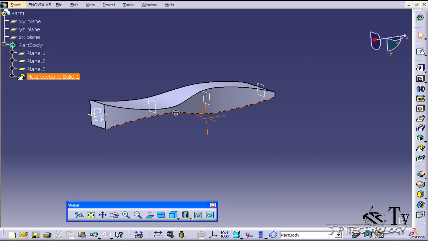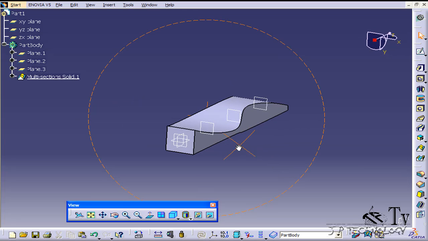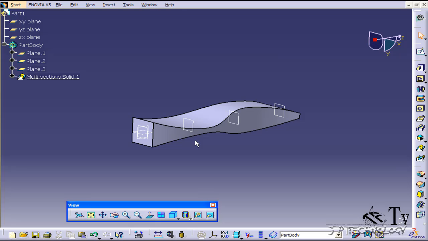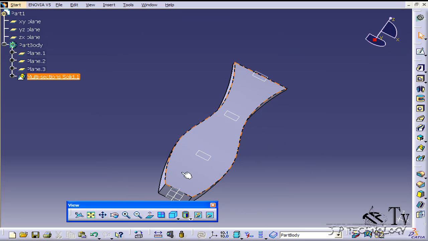Now, with this part that I have right here, it's just like the last tutorial, pretty much the same part. I just cleaned it up a little bit. It's the 4 sections put together. Now for the advanced multi-section solids, we're going to add a guide profile for all these to follow, because right now what they're following is just a straight line and they're all merging together. What we're going to do in this one is add a bit of a curve and a bend